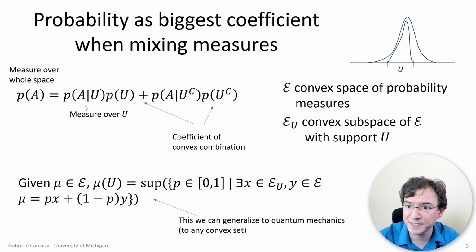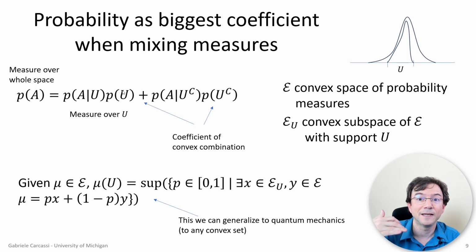And so what happens here that is interesting to me is that if you take any measure restricted to U, you can always write a convex combination with that measure, assuming that everything is non-zero. You can always write this as a convex combination, but the weight that you're going to put on this distribution is going to be less than the probability of U. And so if you take all the possible convex combinations from anything that has support on U plus anything else that gives you the original probability measure, you find that this probability of U is the maximum.